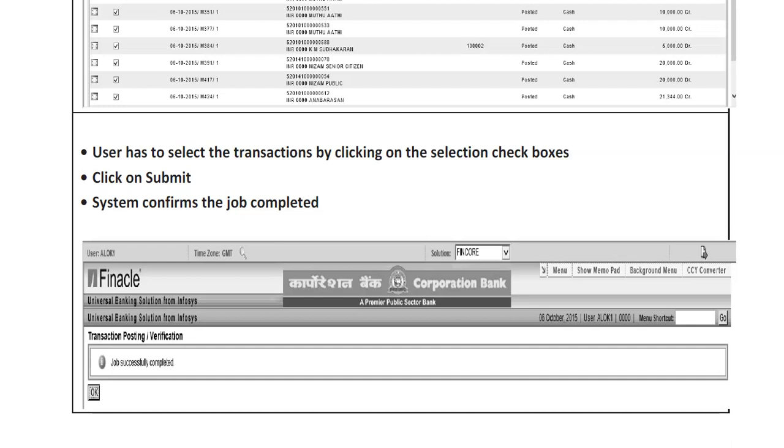So the user has to select the transactions by clicking on the selection check boxes. Click on Submit. At one go, all the entries have been verified. There are branches where the volume of transactions is huge. So that is again the acumen and intelligence of the verifying officer, whether he trusts that the maker must not have made any mistakes. So again, this is just an option given by Finacle. He can check as many boxes as he likes or uncheck as many as he likes and verify accordingly, and run the HTV menu again and the same screen will appear.